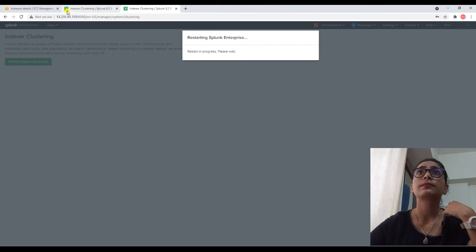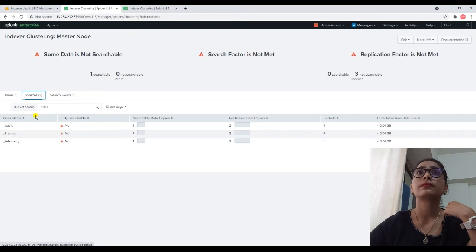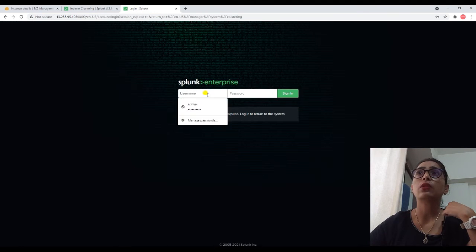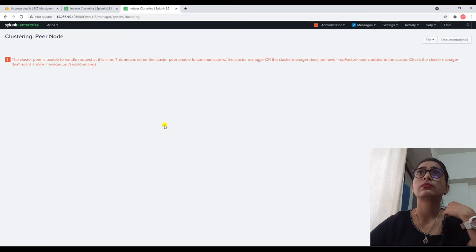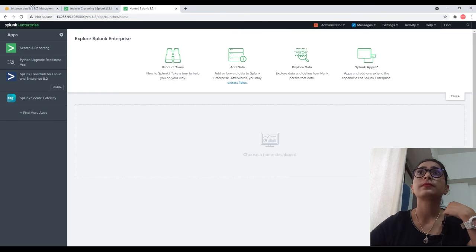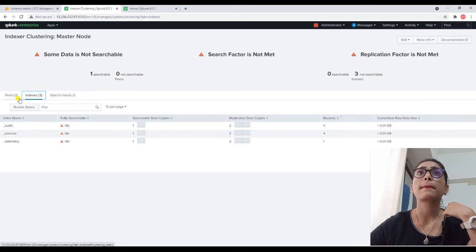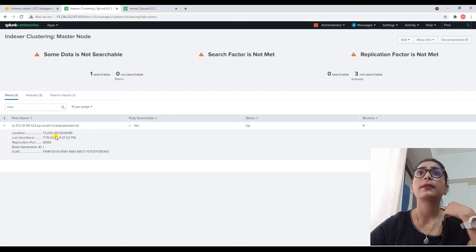Here the default indexes are audit, internal and others. In the peer there is the first peer, which is only this machine, and let me log in to this.